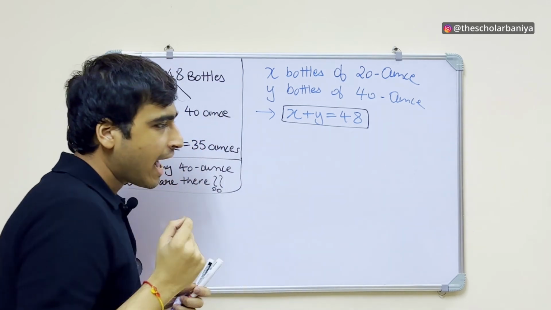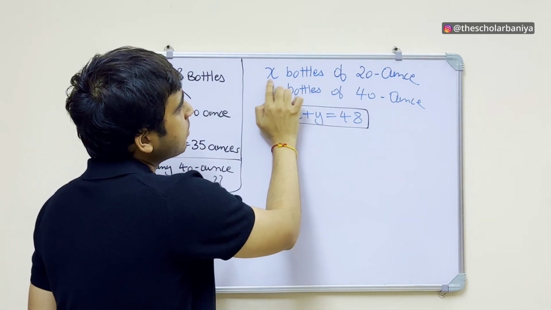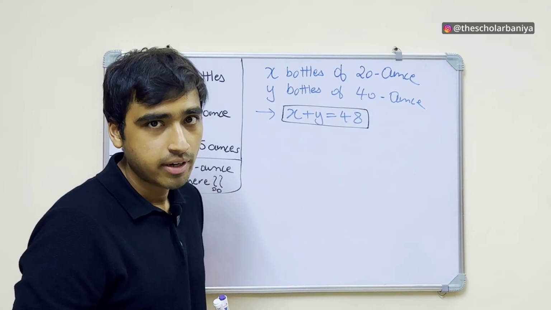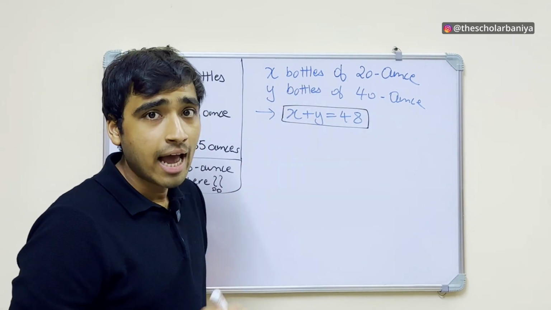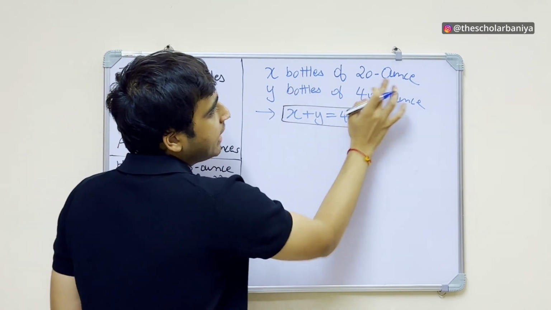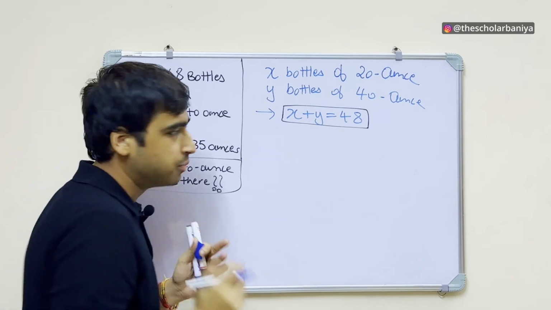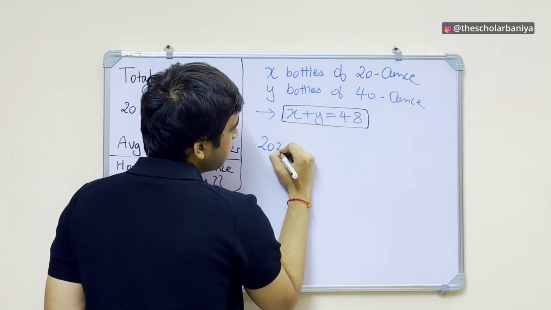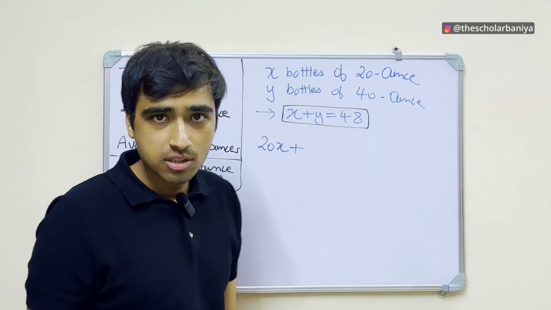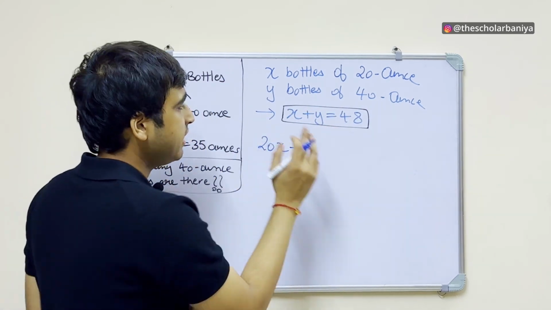Okay. Now we know that the average volume is 35 ounce. So what do we mean by average volume? Average volume means, for example, this bottle has 20 ounce, right? So X bottles will have total how much volume? 20X, right? So if one bottle has 20 ounce of volume, X bottles will have a total of 20X of volume, right? So 20X plus, this one bottle has 40 ounce of volume. So total of Y bottles will have how much volume? 40Y,